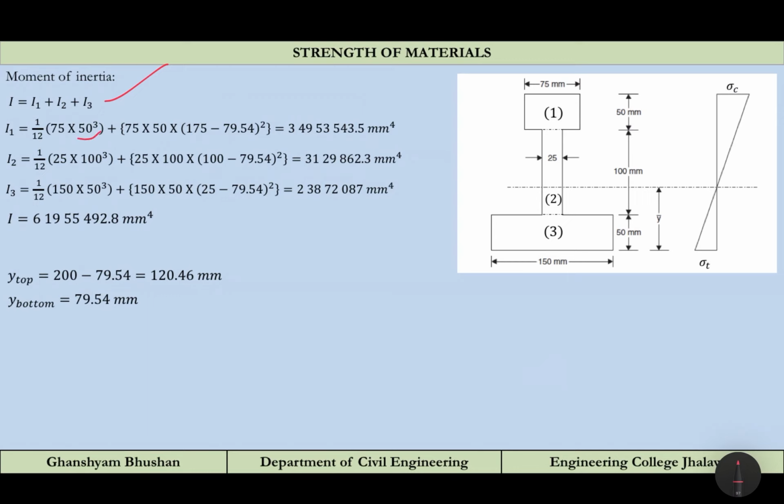So again I1 will be BD cube by 12 plus the distance square multiplied by the area of that respective section from the centroidal axis. So we have taken now this is the centroidal axis. BD cube by 12 will be common in all the portions, and only area and this distance square will be changing. So putting all the values, you will get these corresponding values, and if you add them, the total moment of inertia is coming out to be